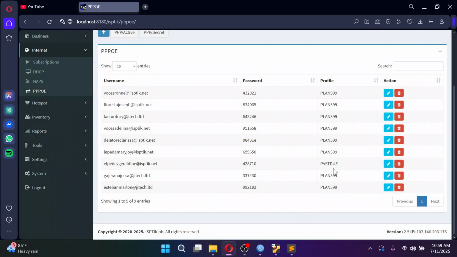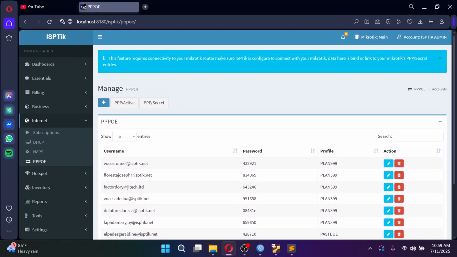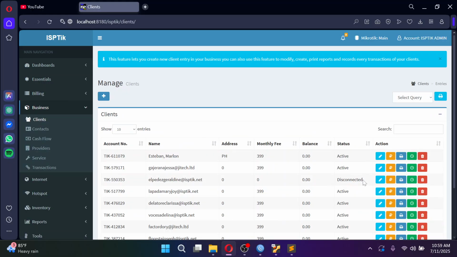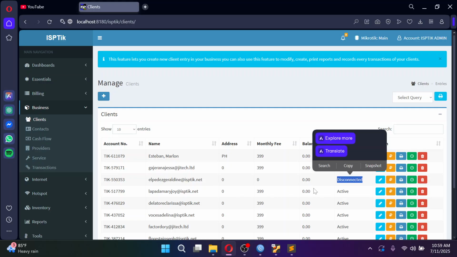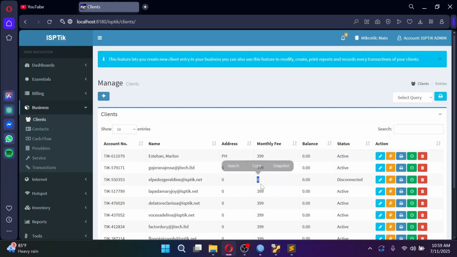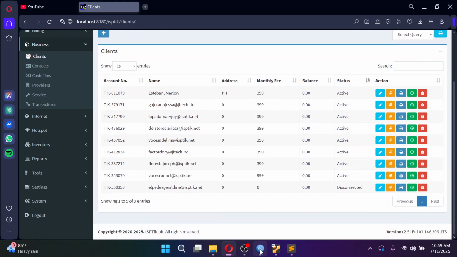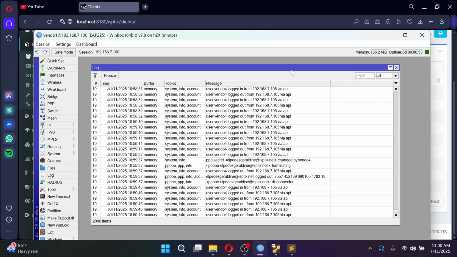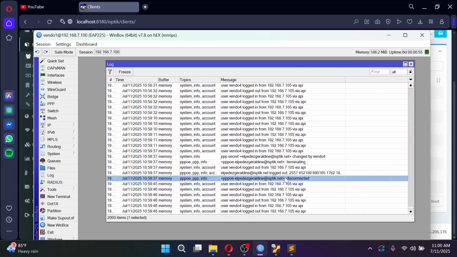Okay, successfully updated. And then once you take a look at the business clients, it is now disconnected. He or she is now disconnected. So monthly fee is 0. And then if we will take a look at our MikroTik log, okay, so we have now this one.